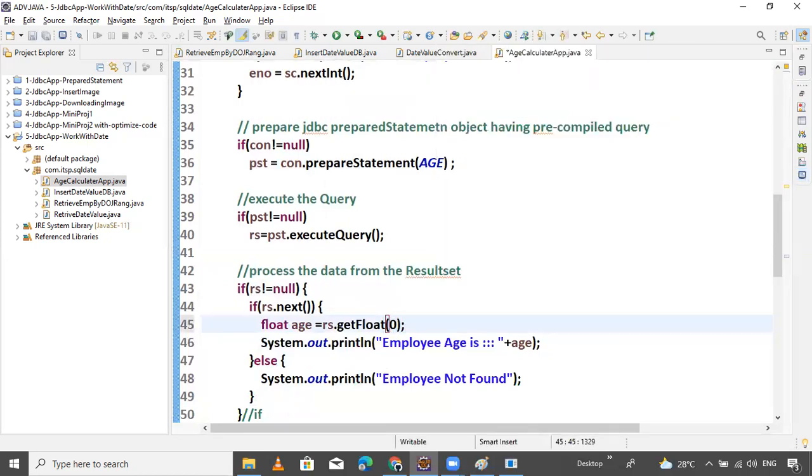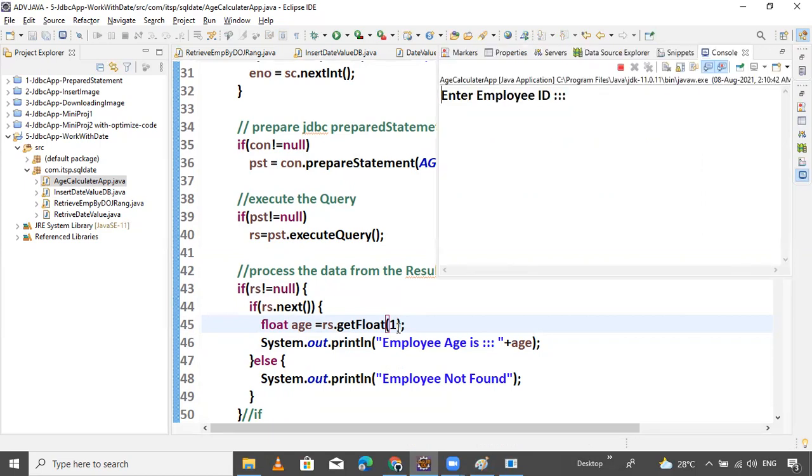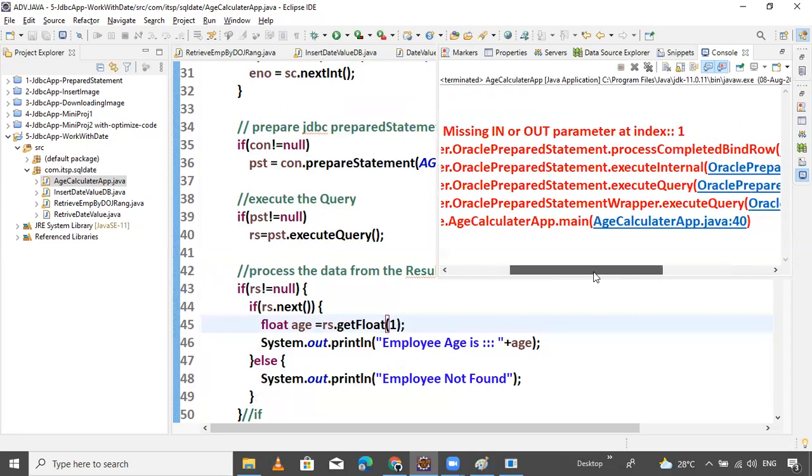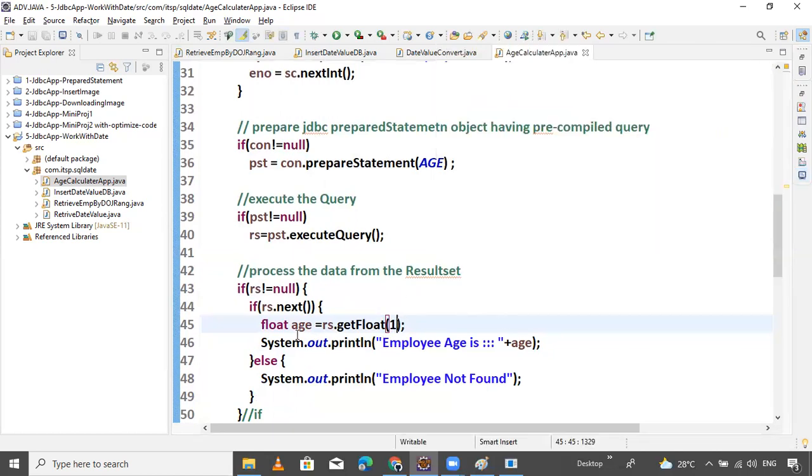Passing the zero. One is good, you know. Here is not an error. Just dot get float.